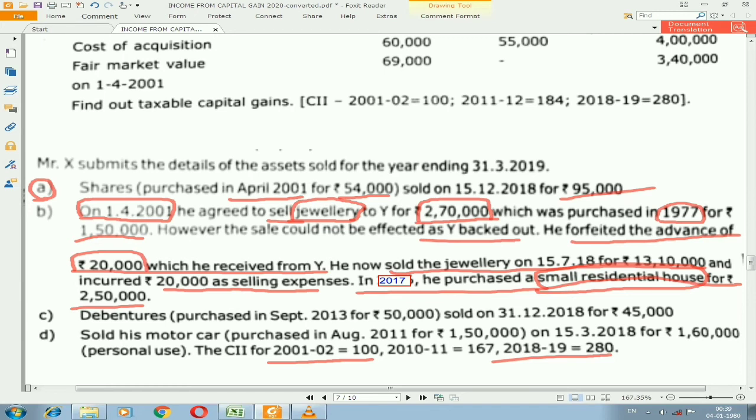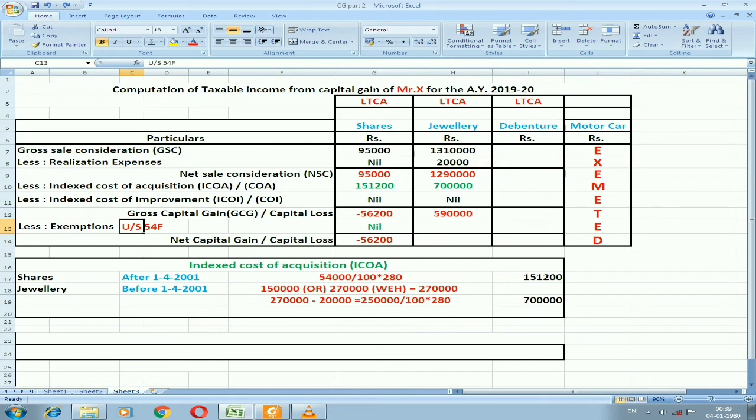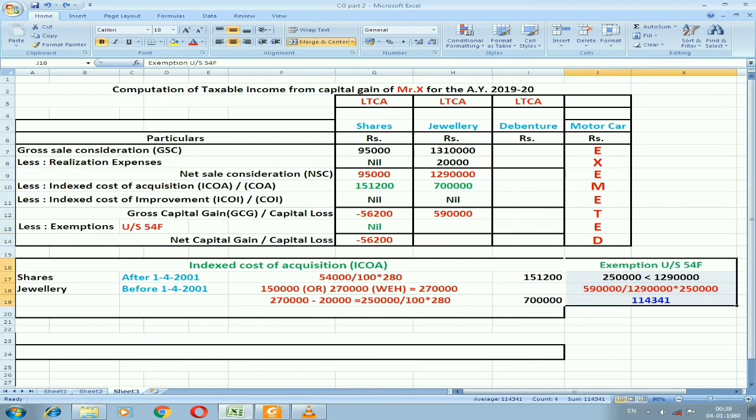Any long-term capital asset can be sold, and the purchase should be a residential house. So that condition is satisfied. The time limit is also within the stipulated time. You need to check the first condition, whether the investment amount is more than the sale consideration or less than the sale consideration. If it is less than the sale consideration, I need to use the formula: that is 5,90,000, the gross capital gain, divided by the net sale consideration, that is 12,90,000, into the new investment 2,50,000. I'll get an amount of